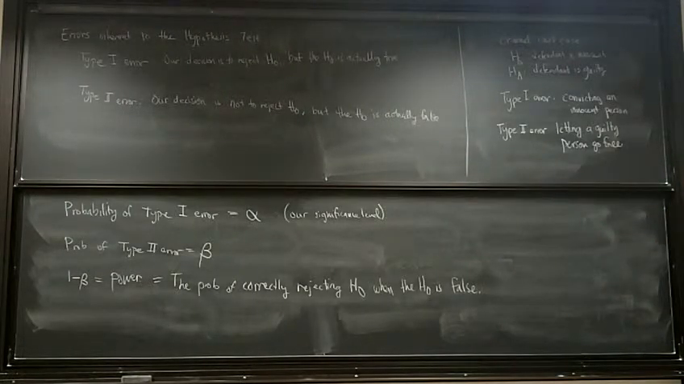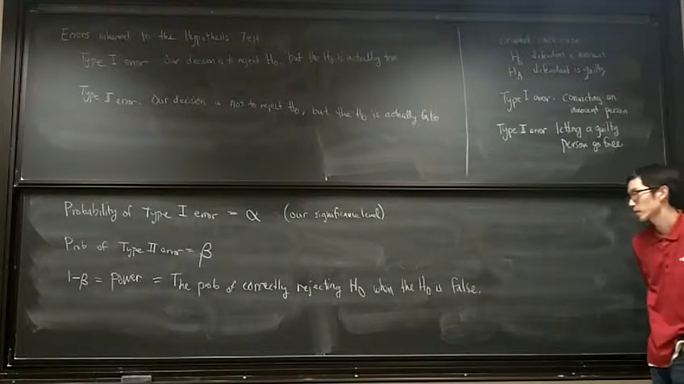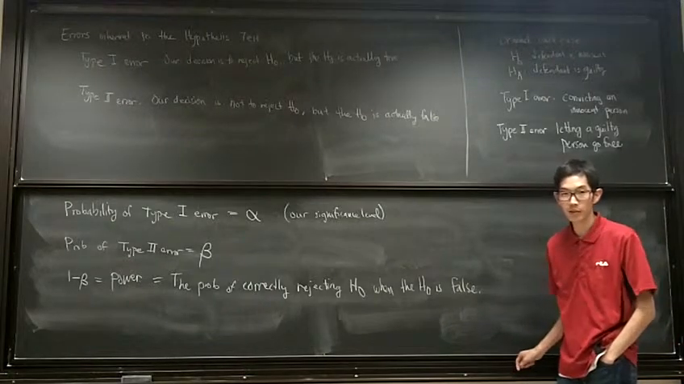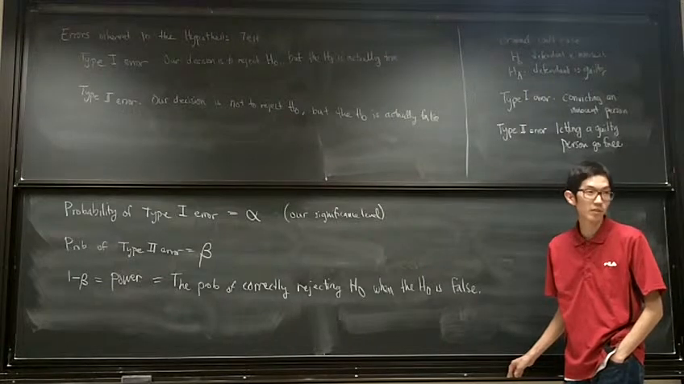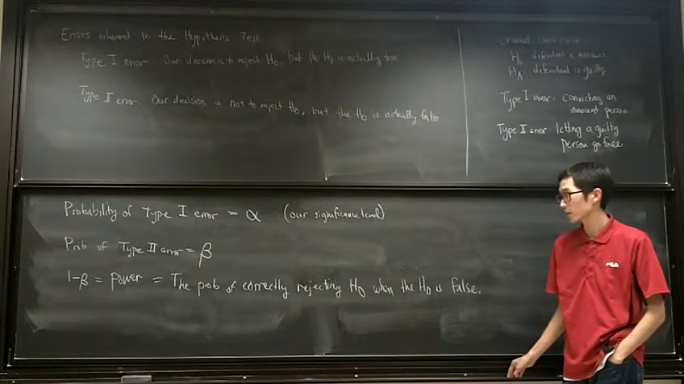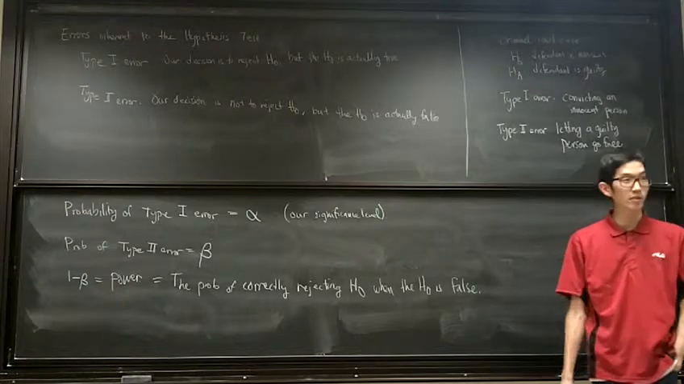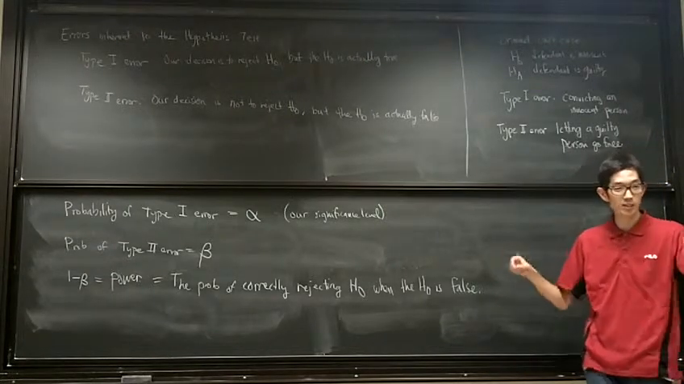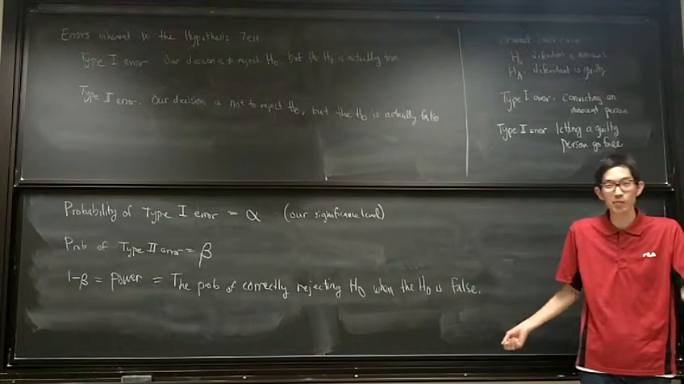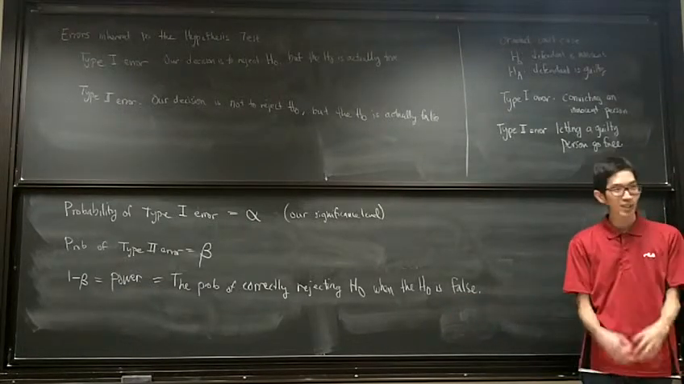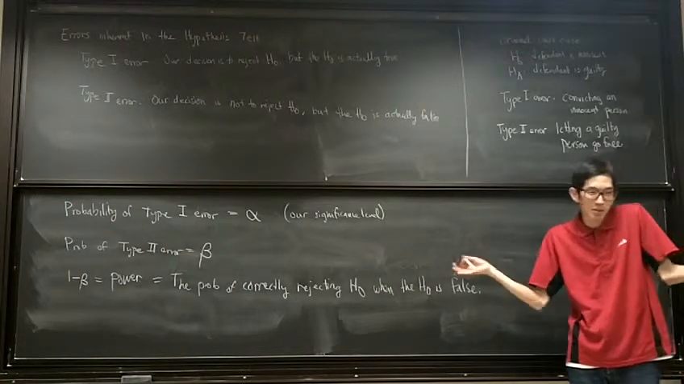So power is the complement of a type 2 error. So that would be like convicting a guilty person, right? That's the correct thing to do, right? So if the prosecutor is very good, we would say the power is high, okay? If the prosecution does a terrible job, like there's hardly any evidence, and they're just like blah blah blah blah blah,